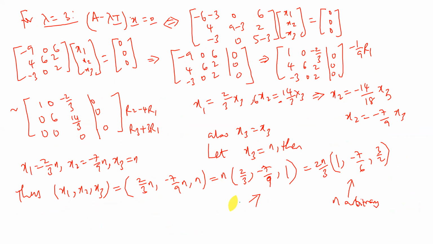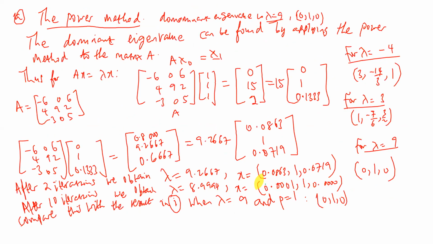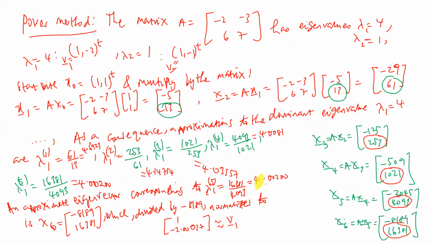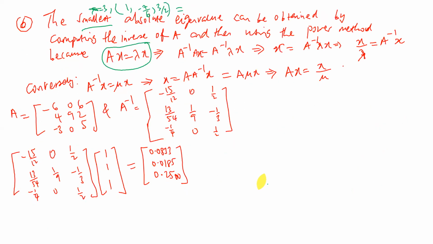Right. So let's use it. Either use this one or that one. So if you use the one that ends with a 1, we said you use that one or you use this one here. Okay, we're taking from the other side. The one that ends with a 1, but the equivalent. So it's 2/3, -7/9 and 1. Okay, so you have the smallest one, which is lambda equals 3, and then the